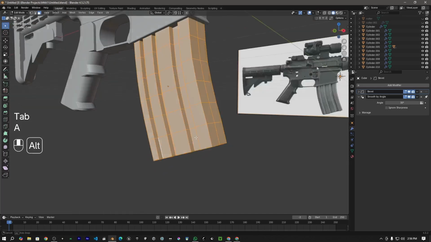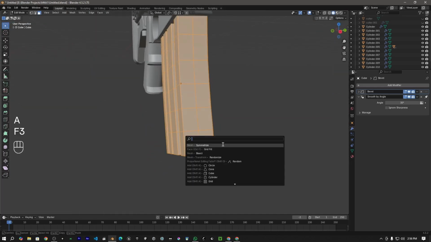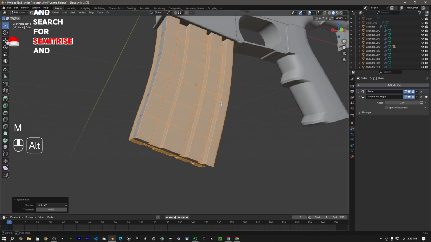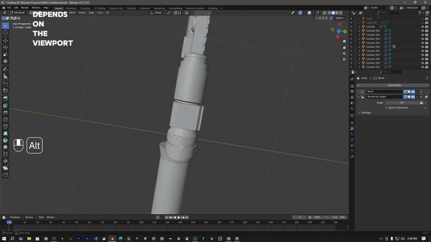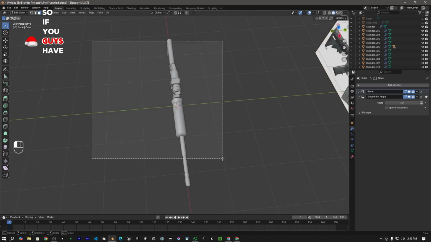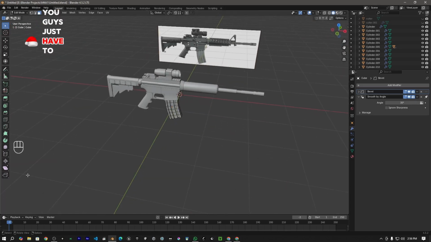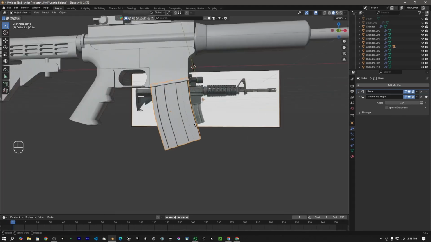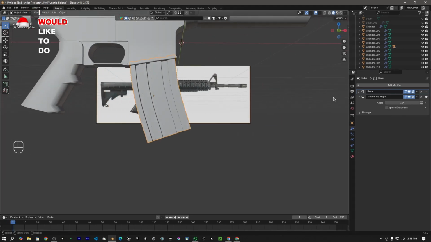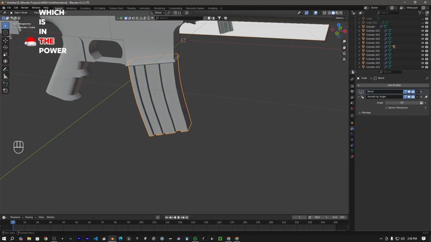Then I'm going to press A to select everything, press F3 to get the search menu again and search for symmetrize, and set the direction to -y to +y. The direction depends on the viewport, so if you have a different direction you just have to select a different direction. And one more thing that I would like to do on the magazine, which is in the bevel modifier, I am just going to increase the amount